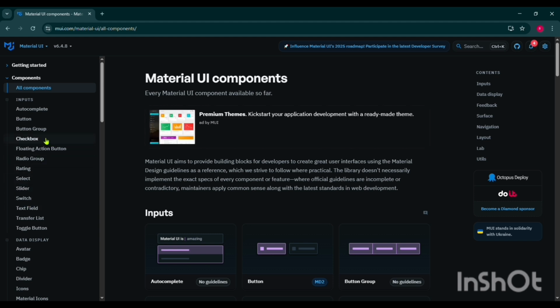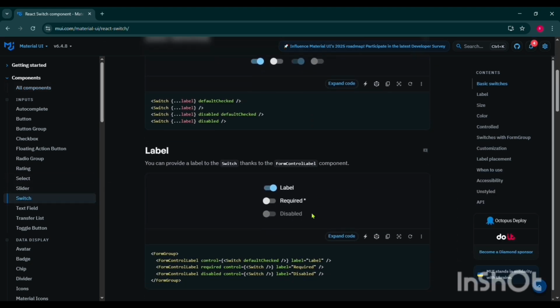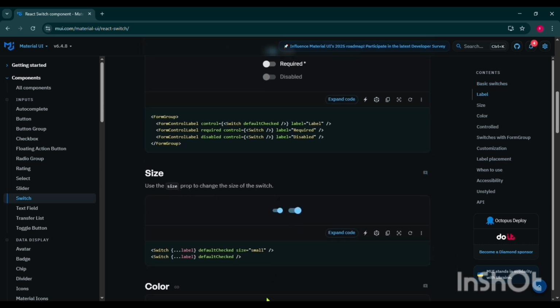Here we have button groups. These are the components which are present in that. Here is the switch, label, size. These are all the components in the different categories which are present in the MUI materials. So for that we have to add the components one by one to the React code by using the given code here. So we have to add one more component